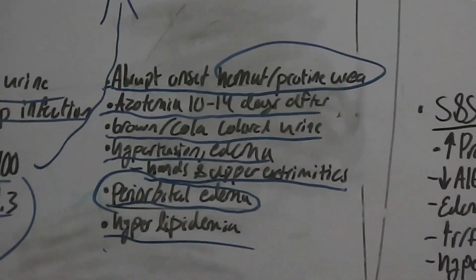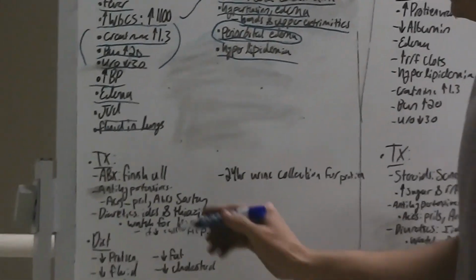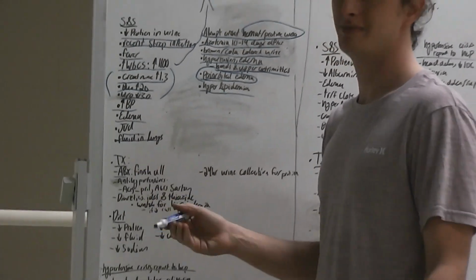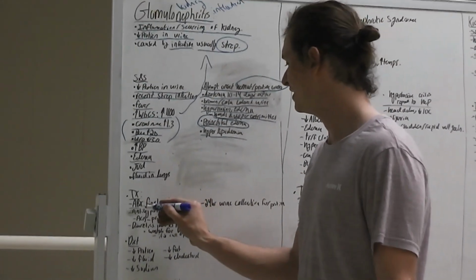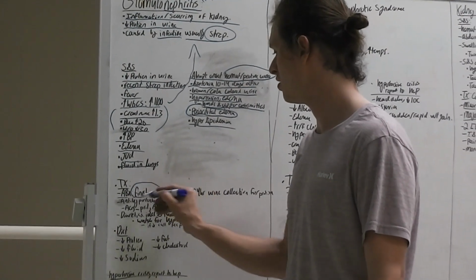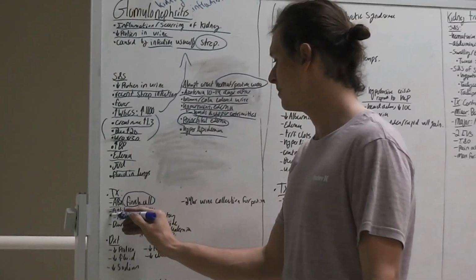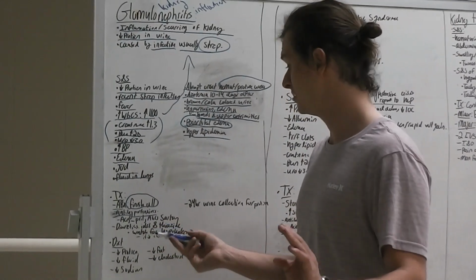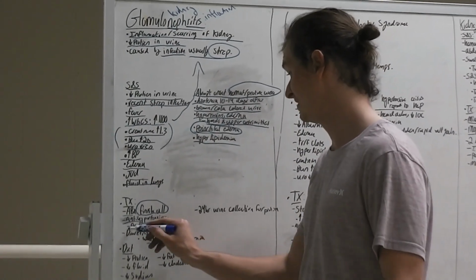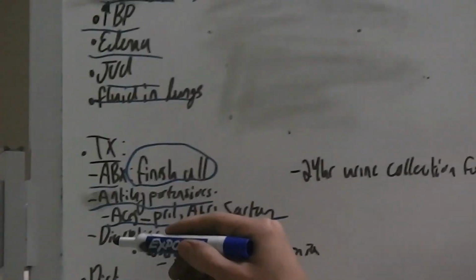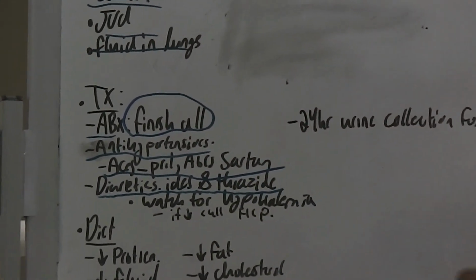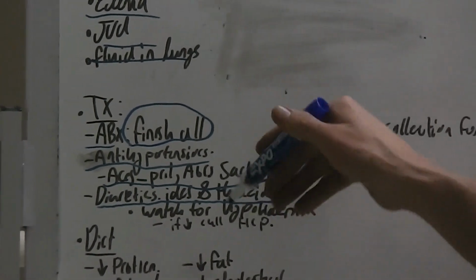So now let's go into the treatments for glomerulonephritis. According to simple nursing, antibiotics. That's what we give them. It makes sense because it's an infection. We need to educate the patients to finish all of the antibiotics. We'll give them antihypertensives. So ACEs that end in pril and ARBs that end in sartan. Got me? We're going to underline this too. We're going to give them diuretics, the ides, like furosemide, and thiazide, like hydrochlorothiazide, because they are in fluid volume